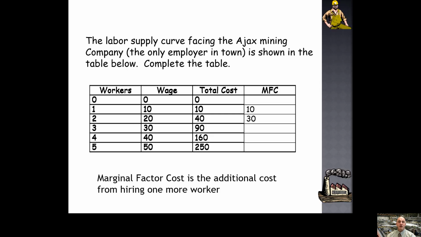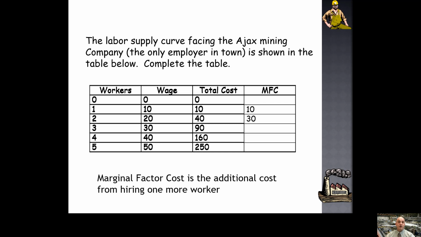So in this type of market, the supply curve looks like we've talked about before. So I have a supply curve here in which, as the wage rises, the number of workers would also rise. But we're going to look at this from a little bit different perspective. We're going to look at it from the costs if I had to hire that many workers. So if I had to pay